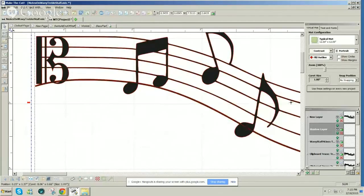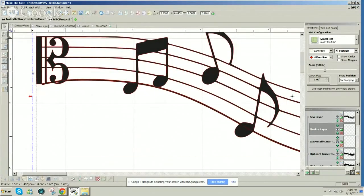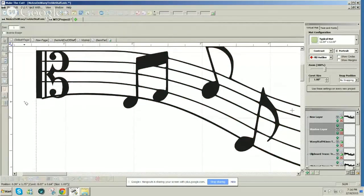And I could cut it, or I can use my eraser. And this is the kind of thing that I use my eraser for. Make it a little bit bigger, maybe a point, maybe a 1 millimeter. Hold the left key to keep my eraser straight. Then I can cut it off and make it smooth,